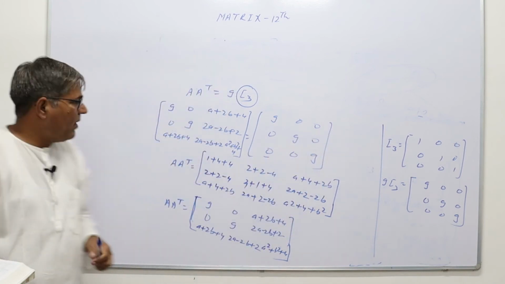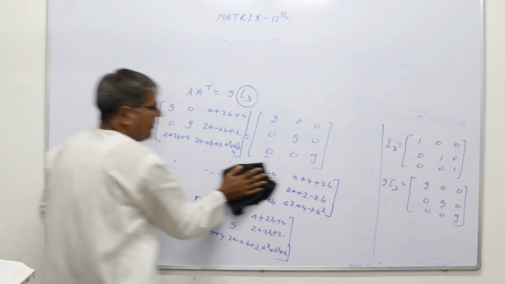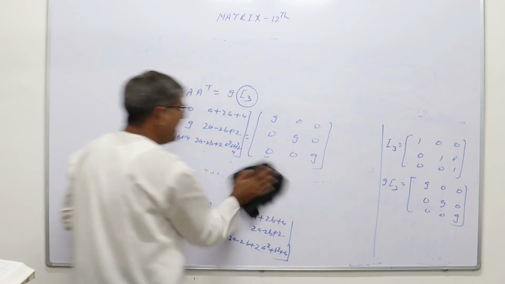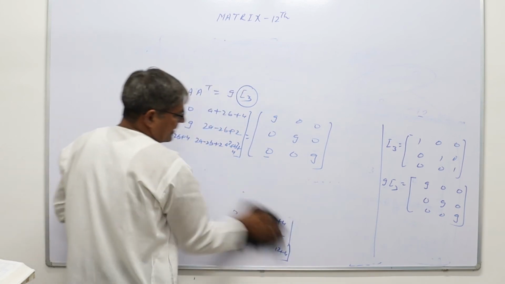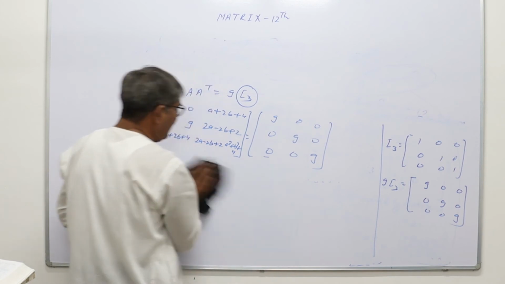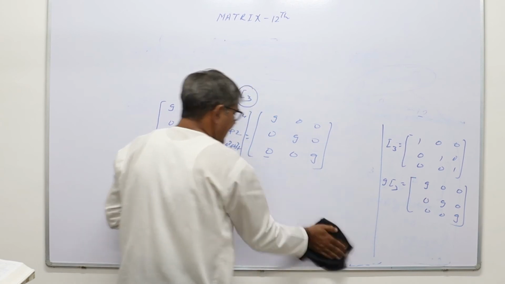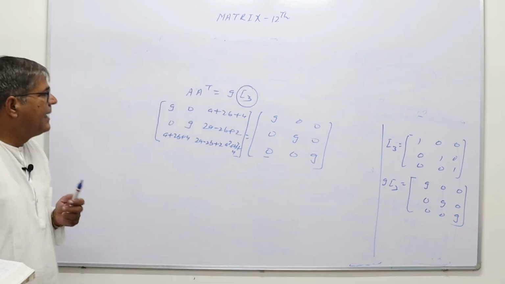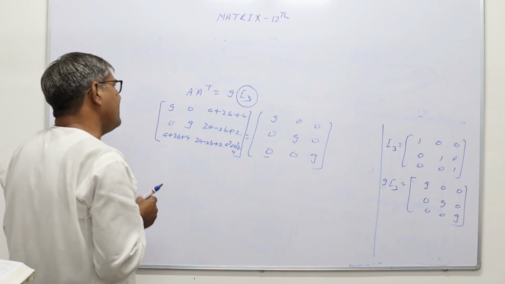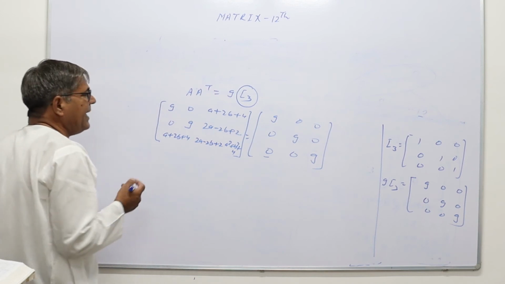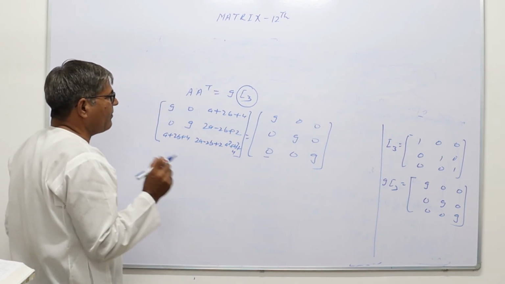Now we will compare on both sides. So on comparing by the equality of matrices. So in this question, I think maximum properties of matrix are involved. Which one? Multiplication properties, then equality of matrices, then scalar multiplication, transpose, and multiplication of given matrix with the transpose. So this is the multiple properties involving question.